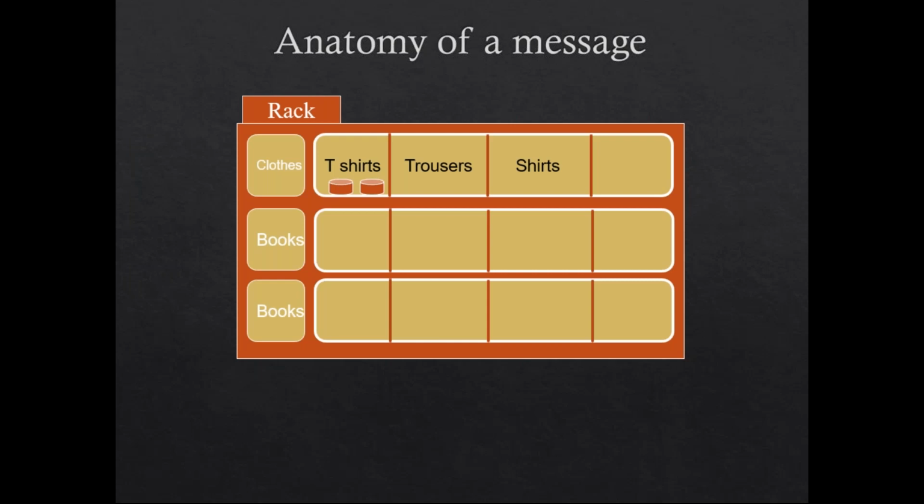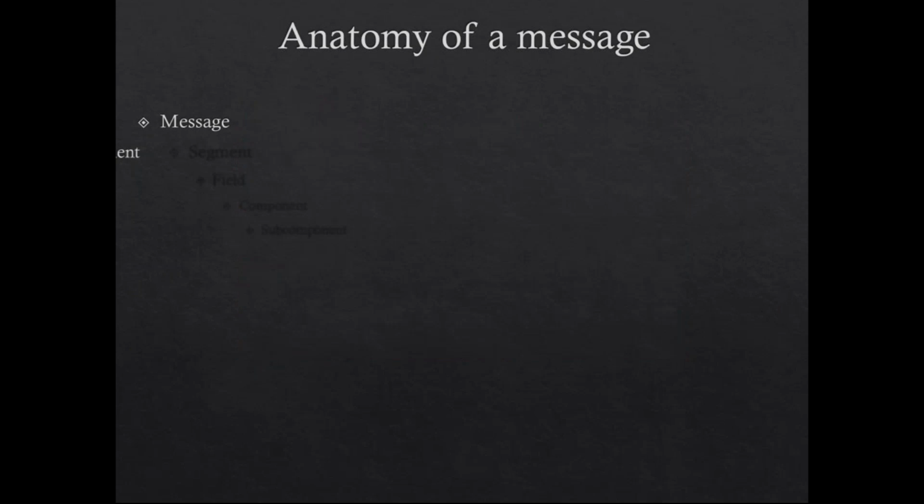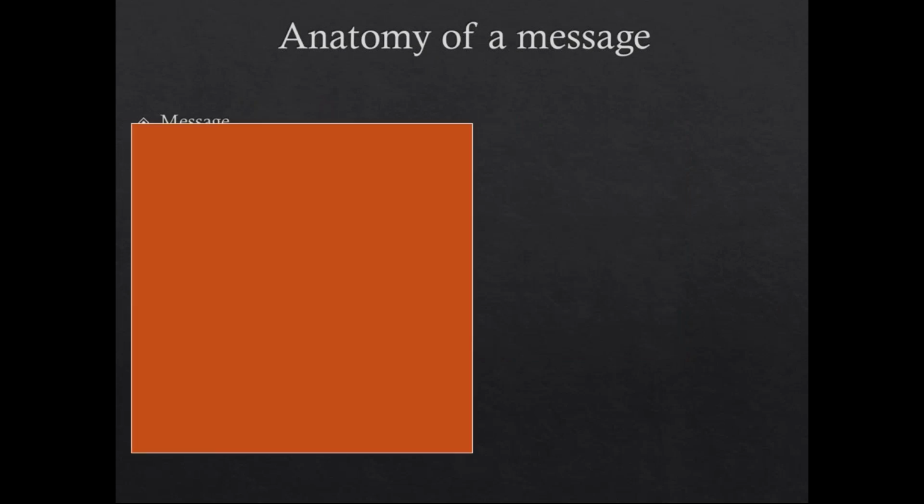Or if they want to search for any books specifically, you say that first rack, second compartment, you can get this book because you both know it. HL7 is very, very similar to that. So when we look at HL7,